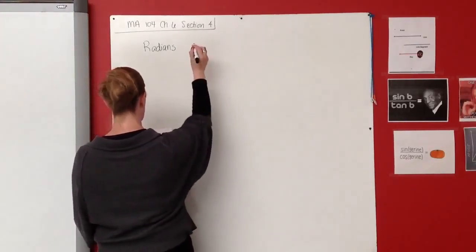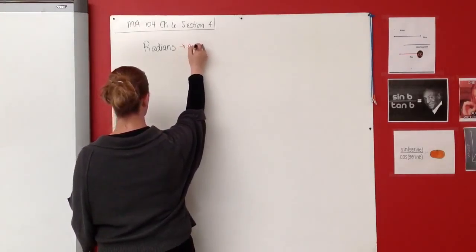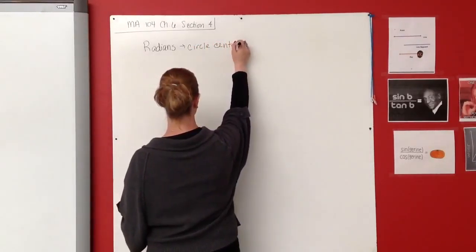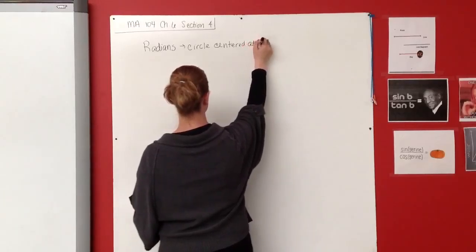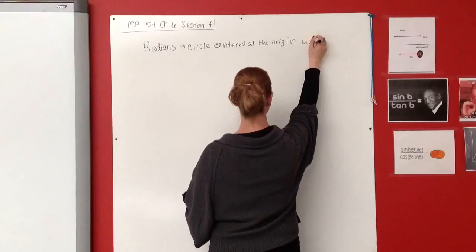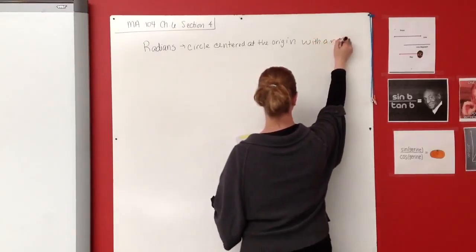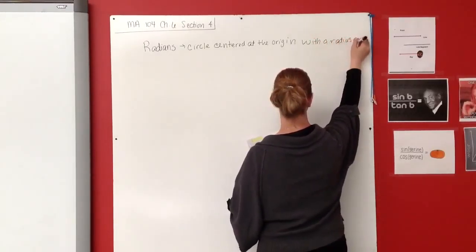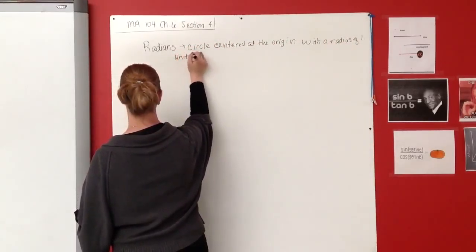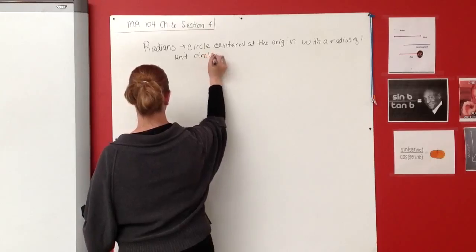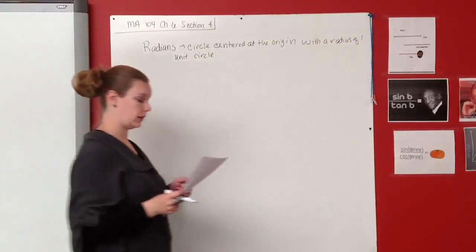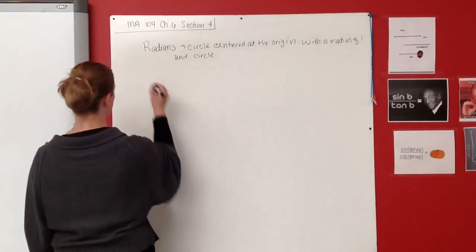And it has to do with a circle that is centered at the origin with a radius of 1. And this is what we call the unit circle. So in other words, we use radians to make measurements on the unit circle. Okay? Now, the circumference of a circle